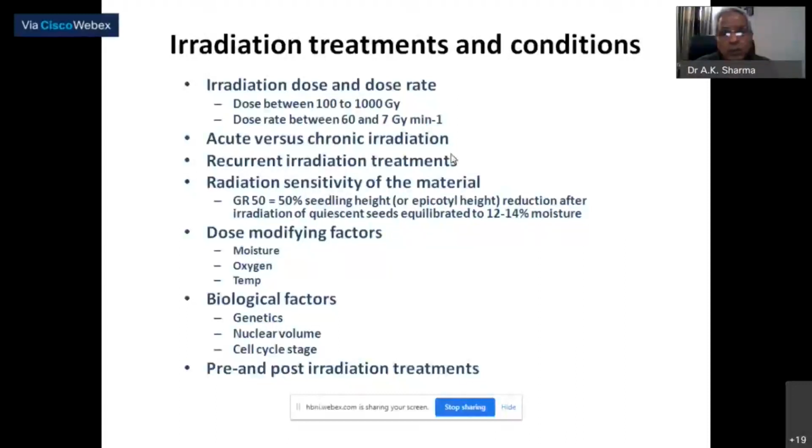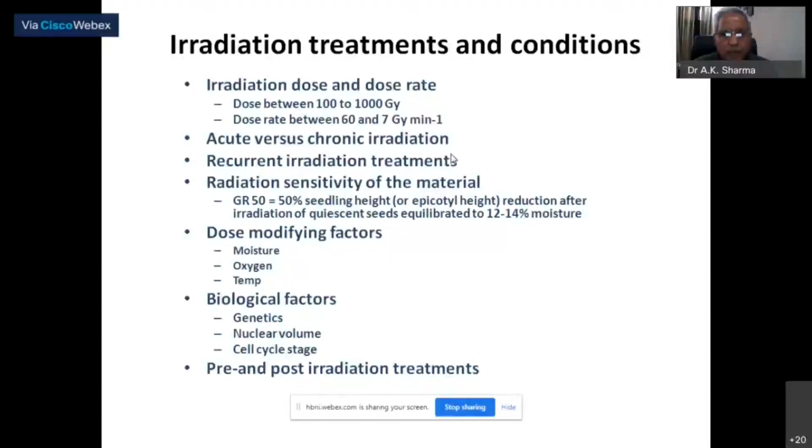So between 100 gray to 1000 gray, that means 1 kilo gray, is good enough to see mutations in plant seeds. And dose rate between 60 to 7 gray per minute is normal, depending on the source, the dose